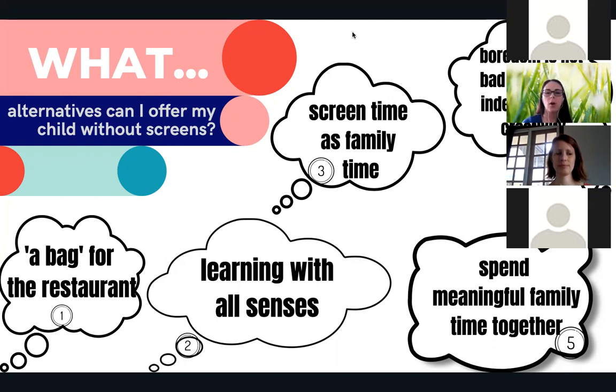And so also, creativity jar. Along with their bag for the restaurant, a creativity jar. This is something that as you go through their toys, you can write out the different toys they have or the different activities that they can do. So if they're ever bored or claim they're bored, or they just feel they don't have anything to do, they can go to this activity jar, pick out an activity and open it and say, oh, looks like I'm going to put on a puppet show for my family,